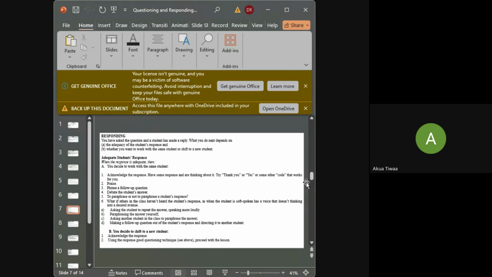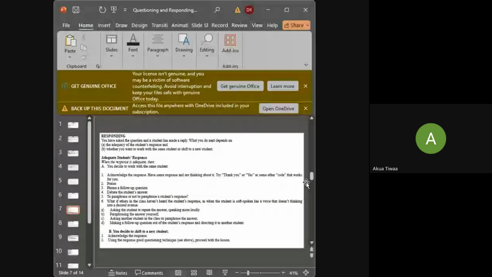So you have asked the question, the learner is going to respond. The learner has responded. Is the response okay? Was it adequate? Is that what I want to hear? If that is not what you want to hear, and you want to work with the same student, you don't want to change the student. Okay, so try, come again. You are close. It means you are working with the student. But if the person gives you a wrong answer and you don't want to work with the student, it means you need to change the student.